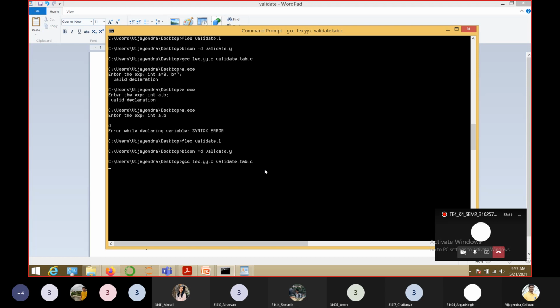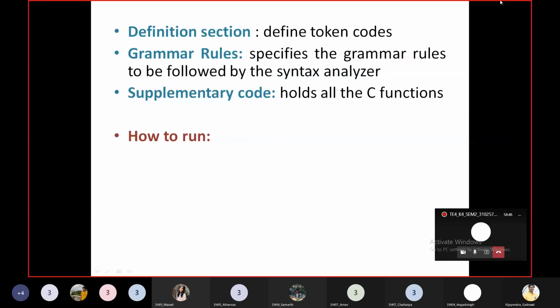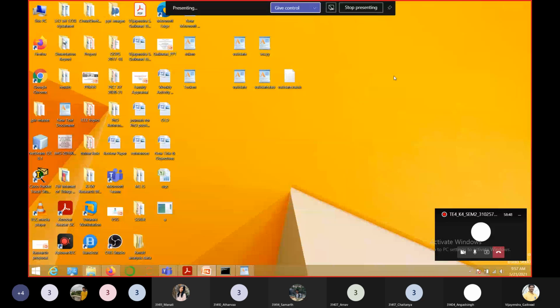Now you can see the header files are generated on the desktop. Over here you can see that after compiling, the lex.yy.c file is created, and after compiling the .y file, the validate.tab.c file was created.